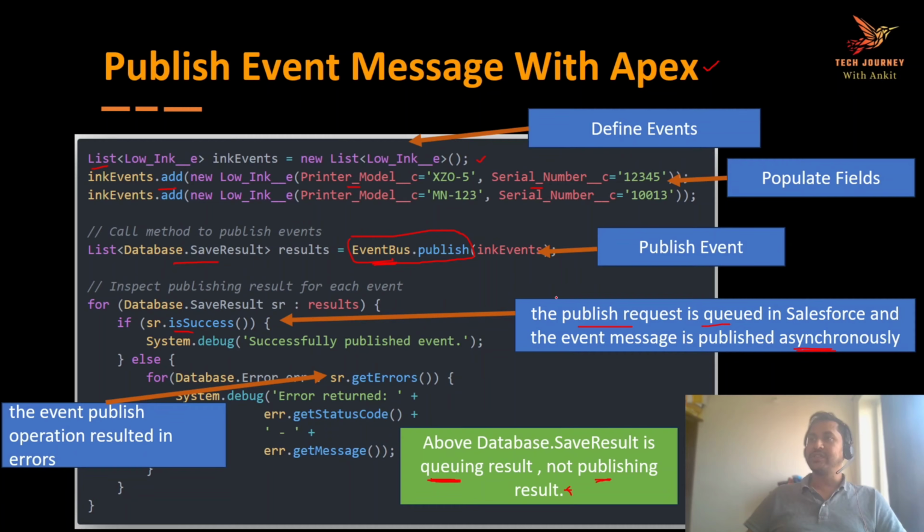The publish request, whatever you are doing here, will be queued in Salesforce, and the event message is always published asynchronously. For example, you have published the event. After that, you can check with the help of Database.SaveResult whether the publish request is queued or whether we are getting any error during the queuing. Again, I am repeating: first, define the platform event, populate the fields, use the publish method to publish the event,